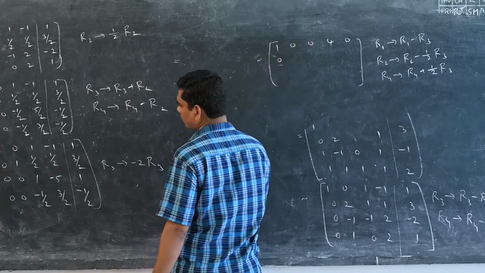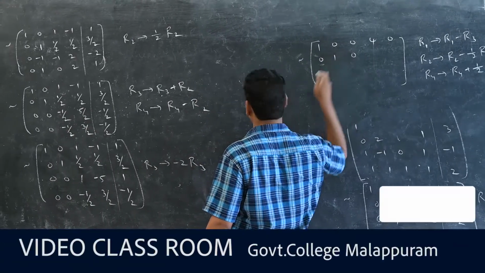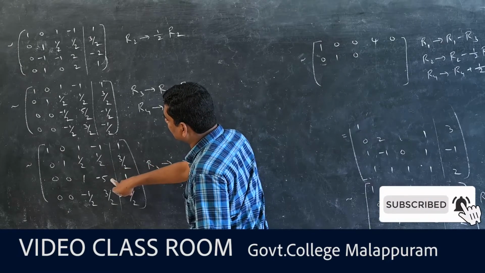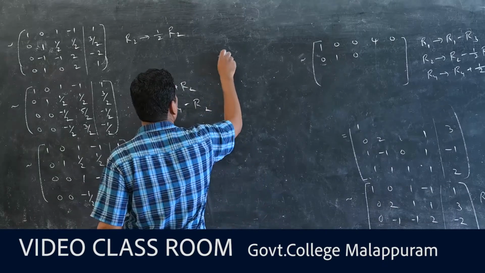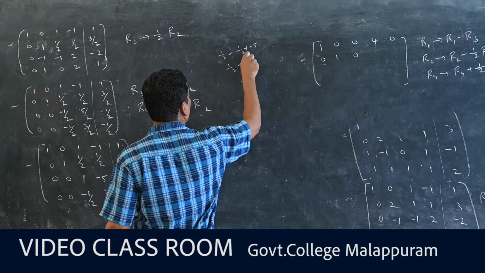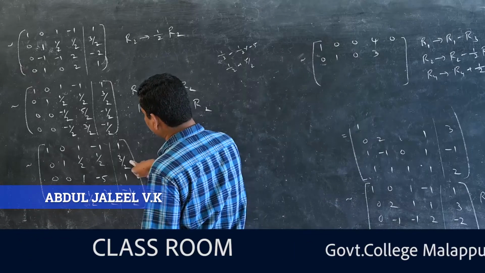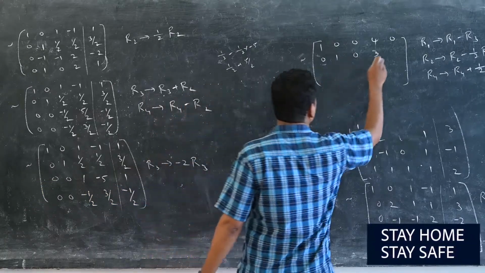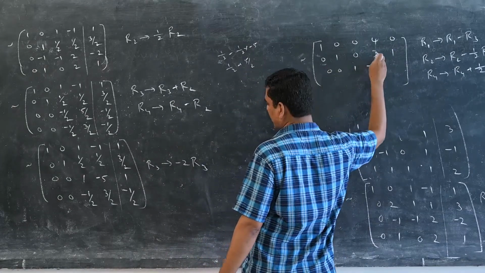See, 0, 1 by 2 minus 1 by 2 into 1 is 0, 1 by 2 minus 1 by 2 into minus 5, 1 by 2 minus 1 by 2 into 1 by 2 plus 5 by 2. It is 3. This is 3 by 2 minus 1 by 2 into 1. 3 by 2 minus 1 by 2 is equal to 1. So 0, 0, 1, minus 5, 1.